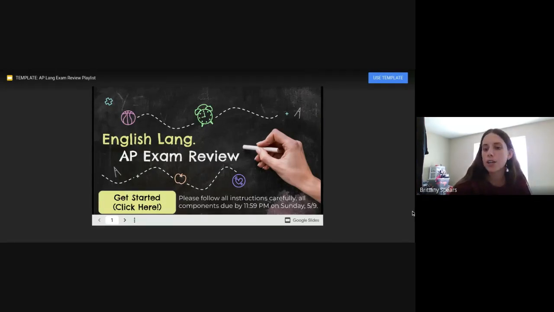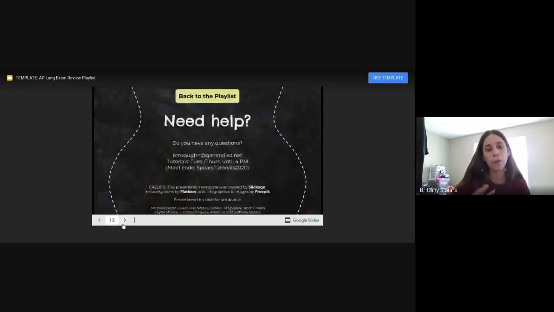The other reason I wanted to show you the Use Template page is because it shows that white bar with the arrows at the bottom that pop up when you embed it into Canvas as well. These are really helpful if you're just doing a straightforward slide presentation you want kids to click through, but I don't want them to click through it. And if you click on it the way it is now, you'll notice it goes straight to slide 16